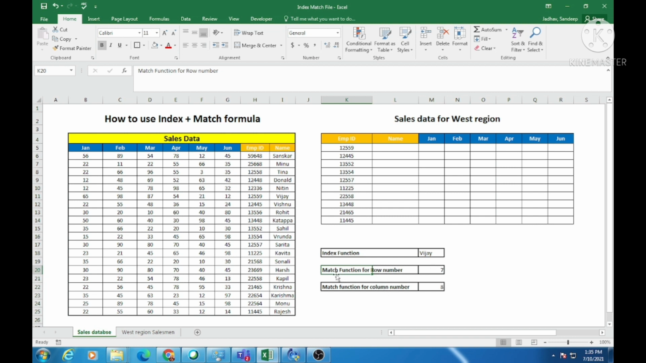So here I want to find out the row number for Vijay, which is 7. For that I will be using the MATCH function separately. I'll go here, equals MATCH, tab. Now what is it asking? Lookup value. Lookup value means that value for which we want to find out the row number. So this is the value for which we want to find out the row number,